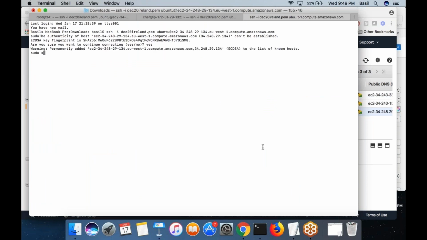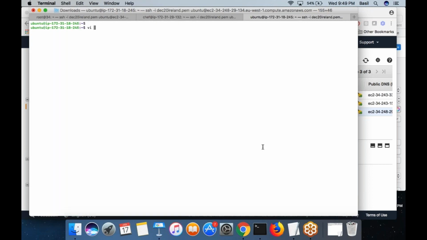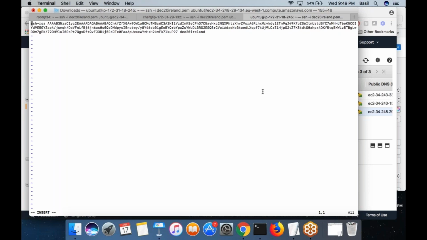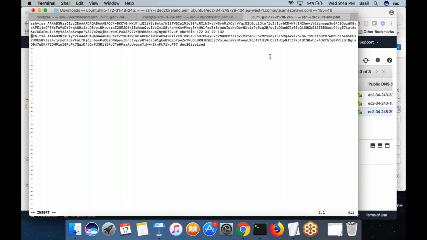Are you sure I want to connect? Yes. Then under the Ubuntu user, under the .ssh folder, authorized_keys, I'm going to copy the workstation key here. This is the workstation key which I will copy to this file.